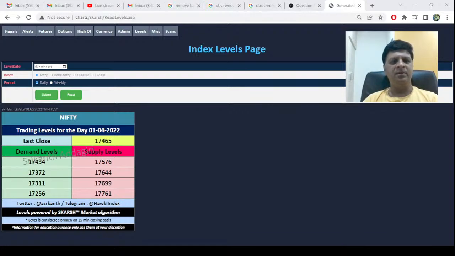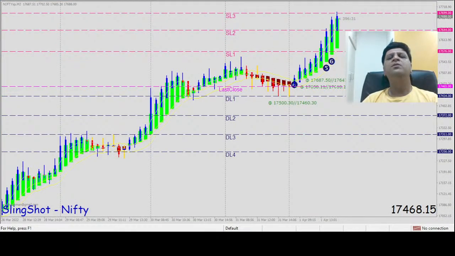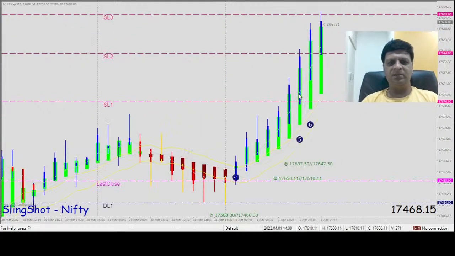All right, now let's start looking at this in detail. What we see here is two things. This talks about the SlingShot for the Nifty, and how these levels are plotted. The levels that I have discussed with you have been plotted on this chart, and this is basically the SlingShot system. The way it works is that it identifies these trade levels, picks up these ideas and then starts performing a trade. So if you notice, the market on last Friday opened at